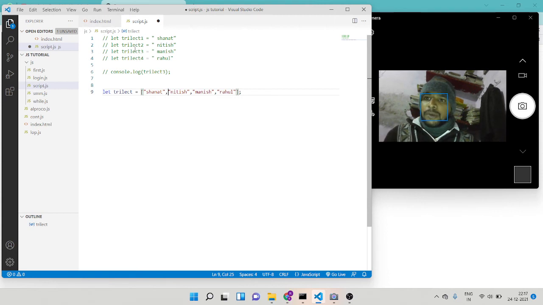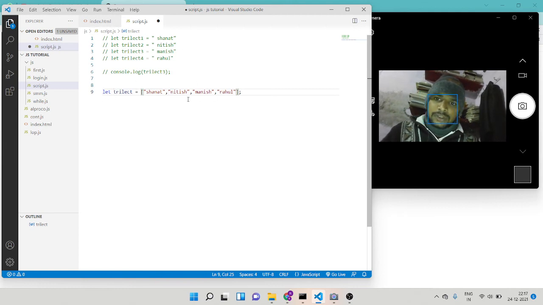A few minutes ago I also informed you that we have to create one variable like let trilect 2, trilect third, trilect 4. Now in the array's case it is not called a variable, it is called an array. All the lines together are called the array.